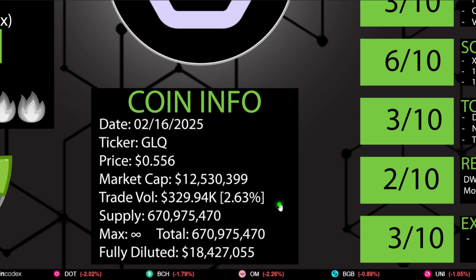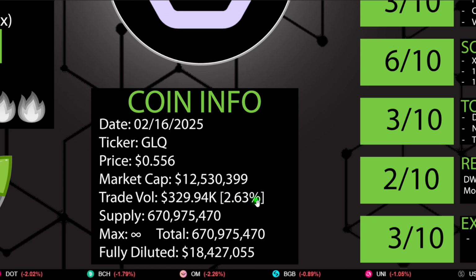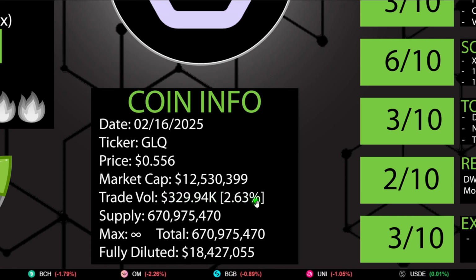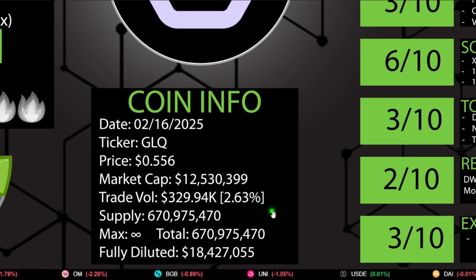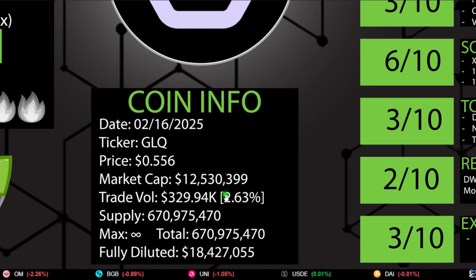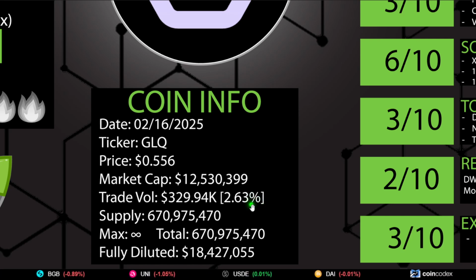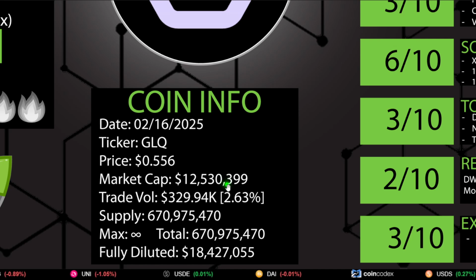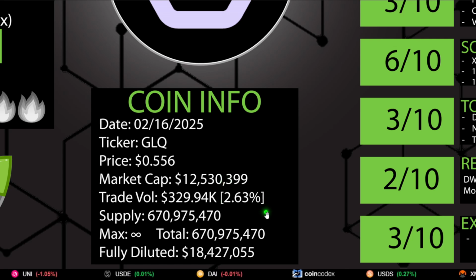Okay, look at its trading volume. I'm going to tell you this: one individual would have more trading volume than this. This is very, very low trading volume. Number one, it's a small amount, but number two, it's only 2.6% of the market cap, which is not a good ratio. You want at least 10% so we can see action. We want action. There's no action. There's a small market cap and no trading volume. Right now, it's a very small, immature, early-staged project. Okay, so just understand that.